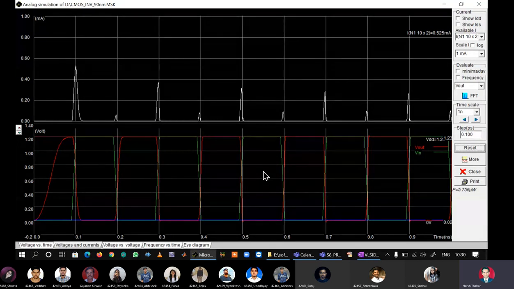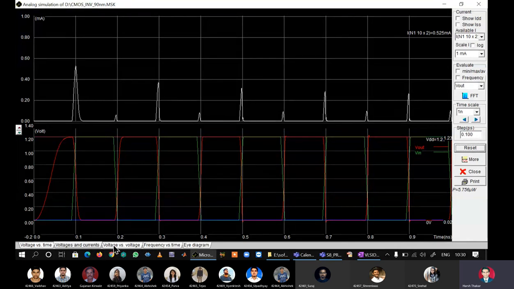So PMOS and NMOS are now simultaneously conducting, and they create a short circuit between VDD and VSS. Because of that, there is a current transient between VDD and VSS. That is why these are current spikes. So current spikes in the supply are generated only at the switching instance of the output.